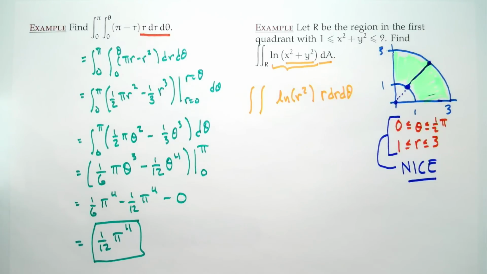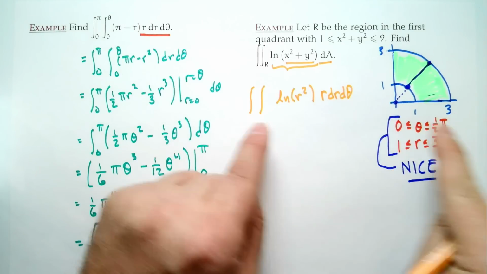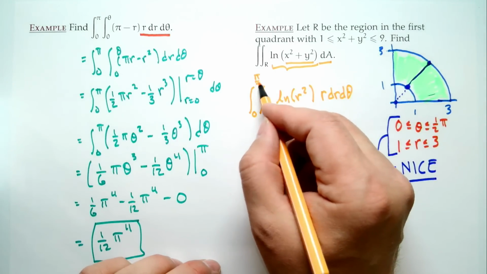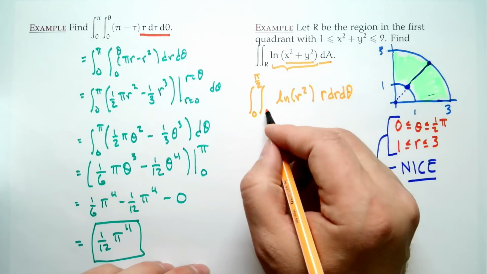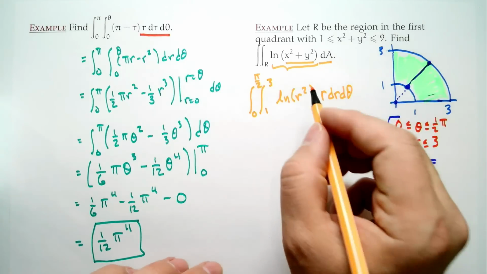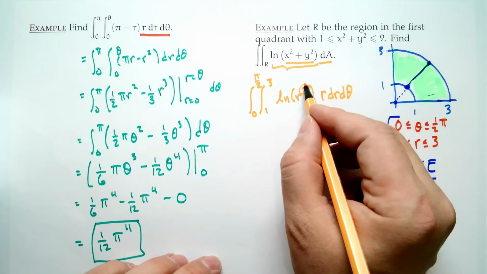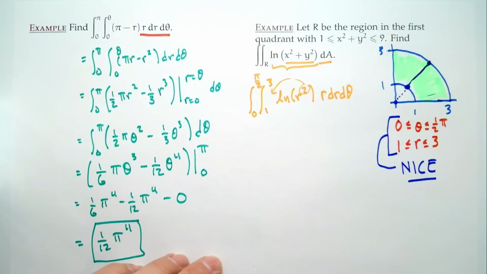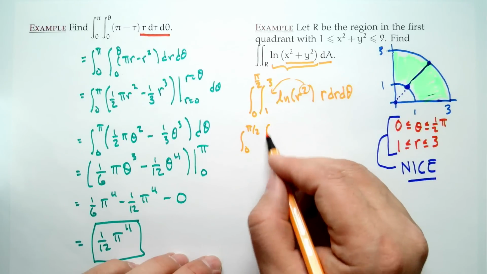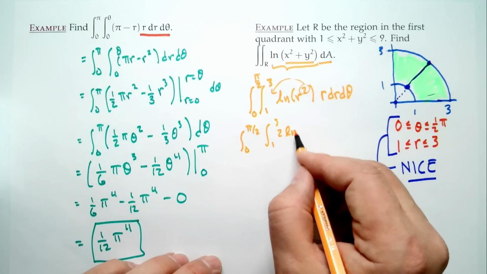And our bounds. Well, our theta bounds are 0 to pi over 2. And our r bounds are 1 to 3. And now we have our integral. And this is not so bad. We can do one little quick thing. The 2 actually can come down because of the log. So this is the integral 0 to pi over 2, integral 1 to 3, 2 log r